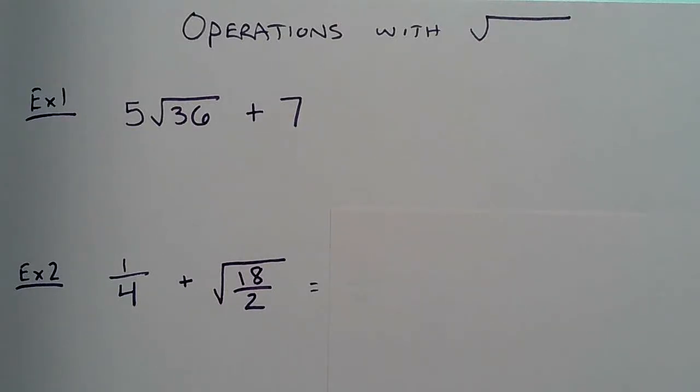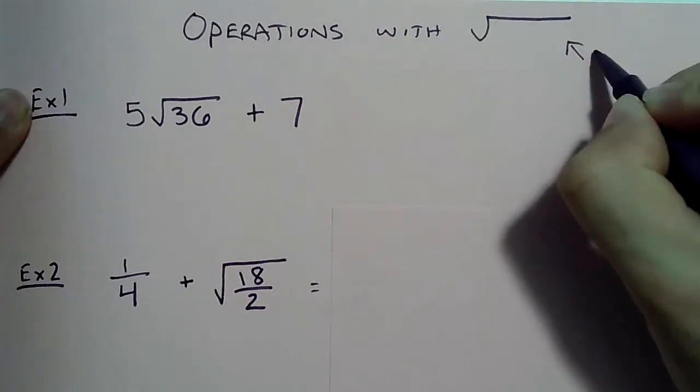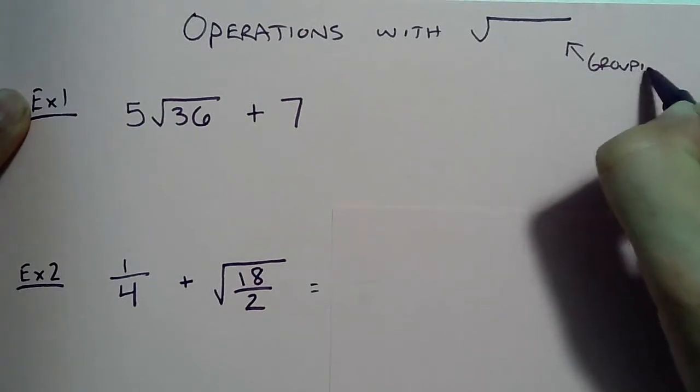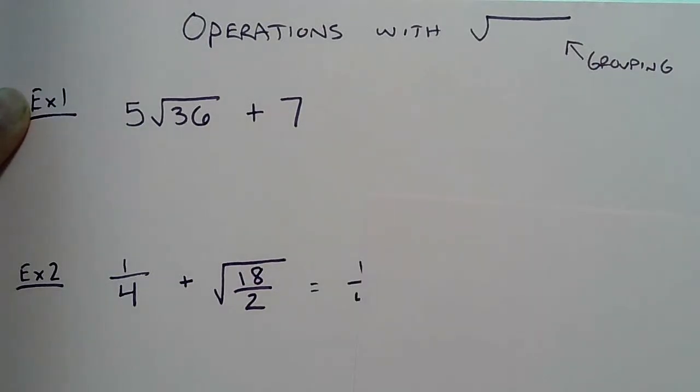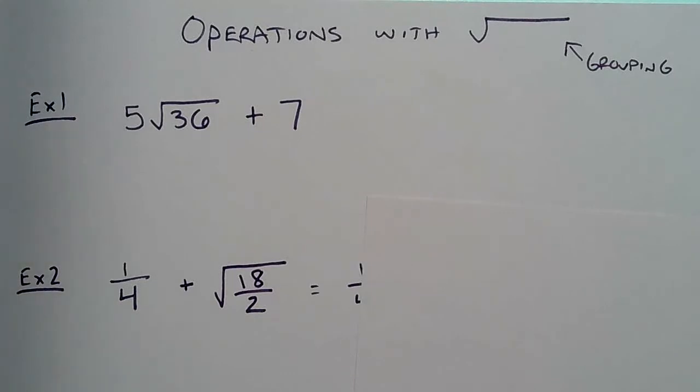Okay, we're going to do a quick video on operations that involve the radical symbol or square roots. The radical symbol is a grouping symbol. So if you think about our order of operations, we want to do the radical stuff first. And before we can take a square root, we have to evaluate the radicand, or what's underneath the radical sign,